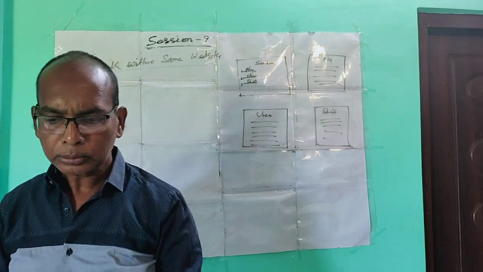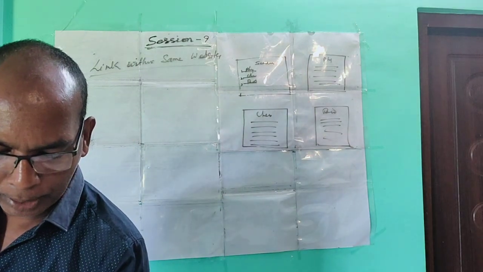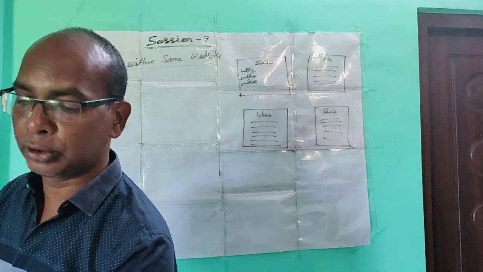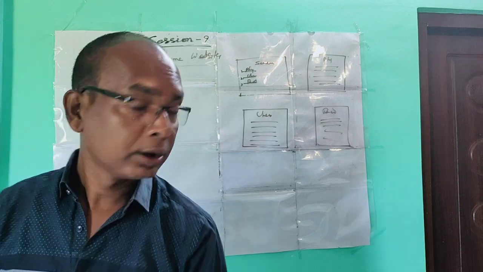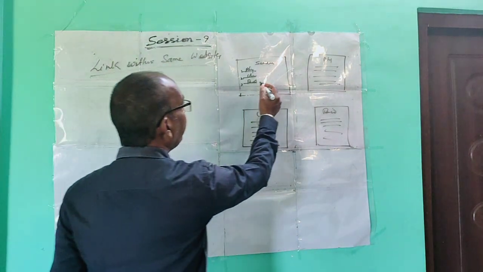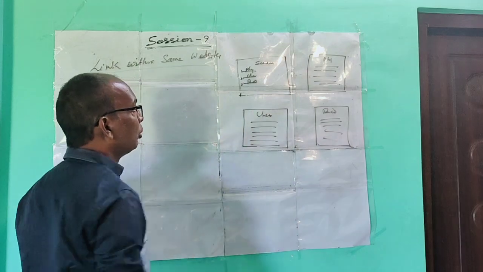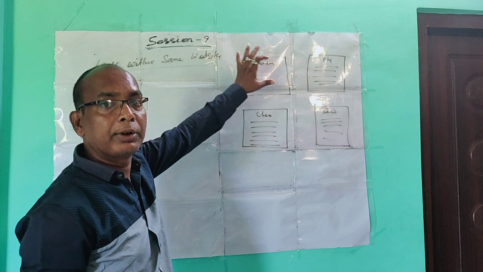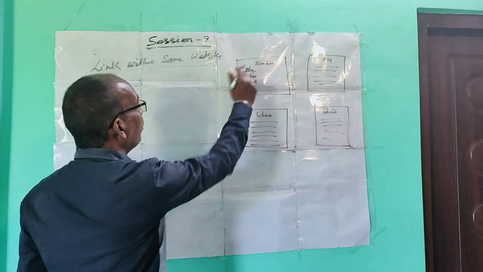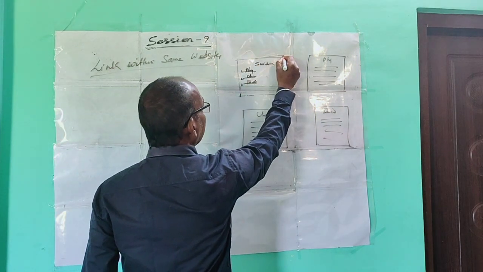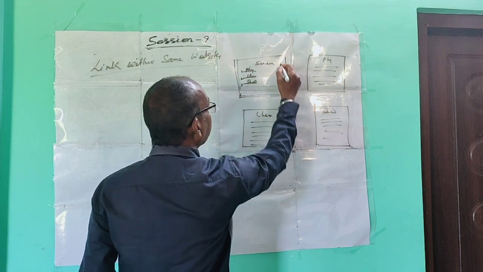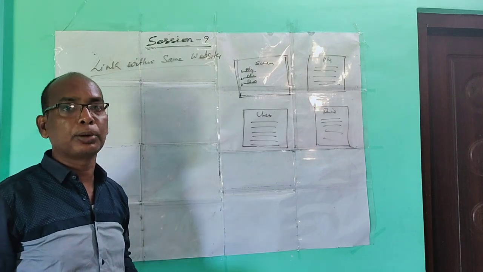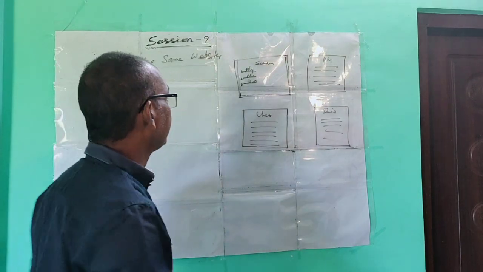This is the second point of our link, that is a link to another page of the same website. Here 4 pages are there. So in that case, we have to create 4 different notepad pages by giving different file names. For example, this is our home page. The first page of the website is called the home page.